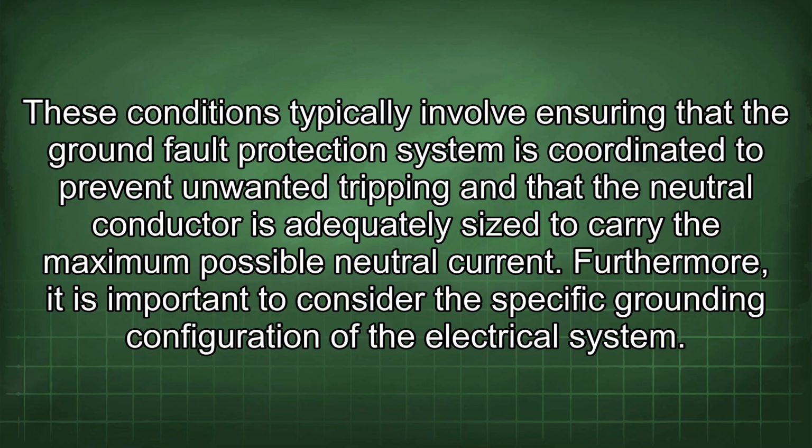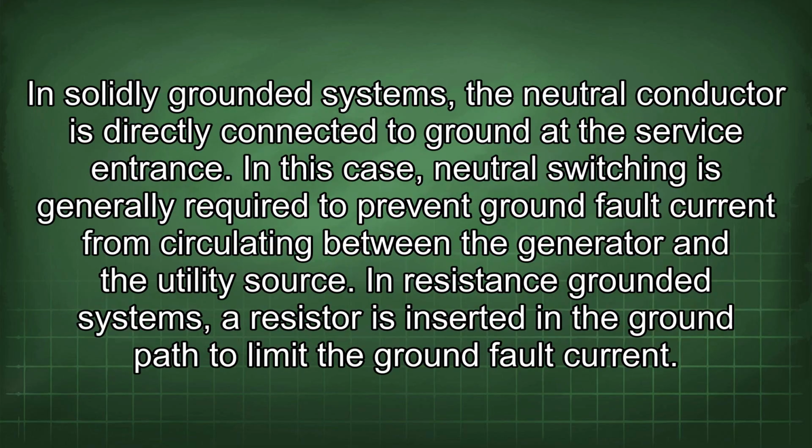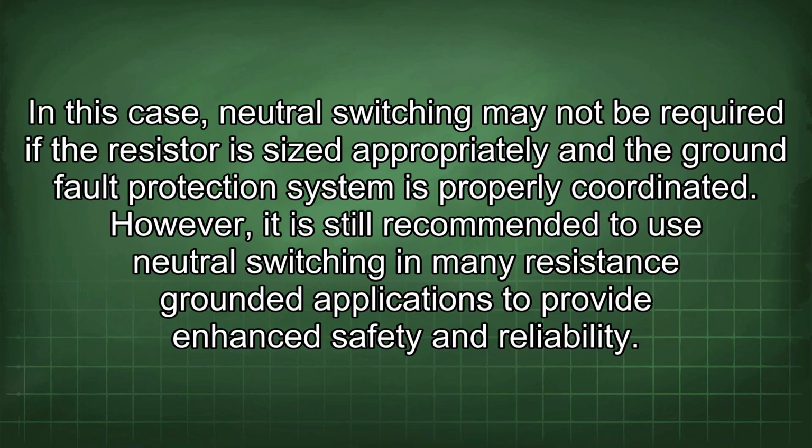Furthermore, it is important to consider the specific grounding configuration of the electrical system. In solidly grounded systems, the neutral conductor is directly connected to ground at the service entrance. In this case, neutral switching is generally required to prevent ground fault current from circulating between the generator and the utility source. In resistance-grounded systems, a resistor is inserted in the ground path to limit the ground fault current. In this case, neutral switching may not be required if the resistor is sized appropriately and the ground fault protection system is properly coordinated. However, it is still recommended to use neutral switching in many resistance-grounded applications to provide enhanced